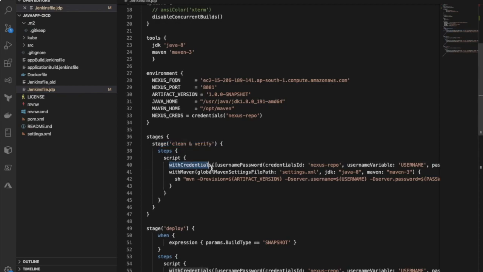using the withCredentials. So now withCredentials is actually coming from one particular plugin. So that plugin is basically the Maven pipeline plugin or declarative pipeline plugin in Jenkins. So I will show you the plugins which you can install. So this particular plugin is